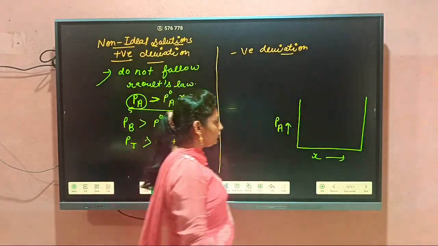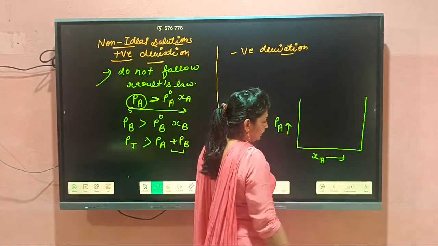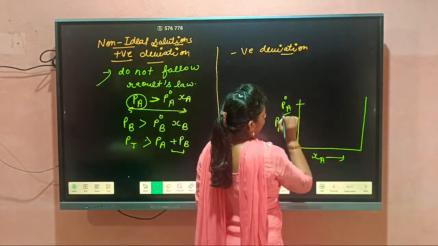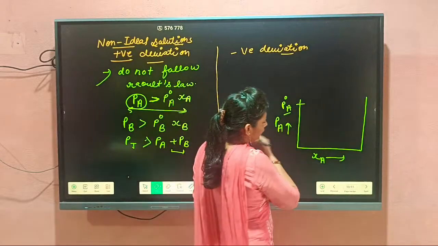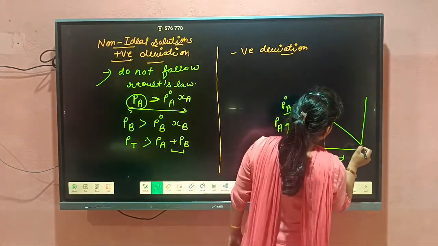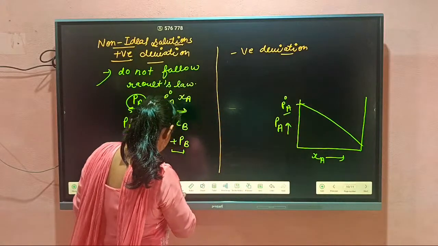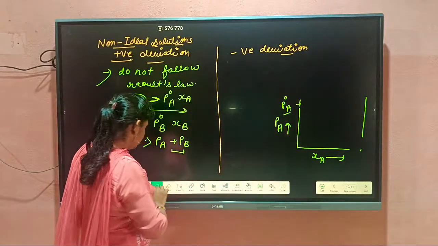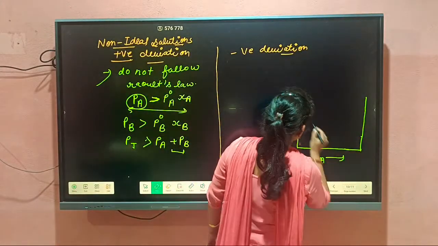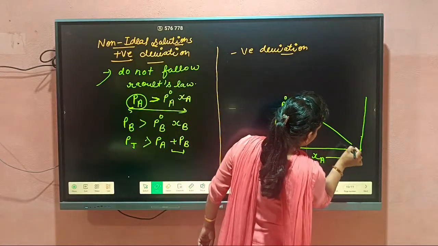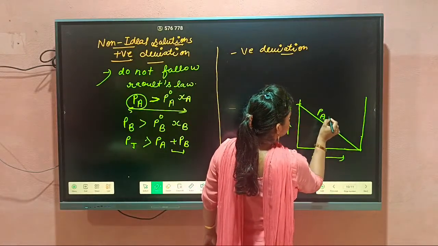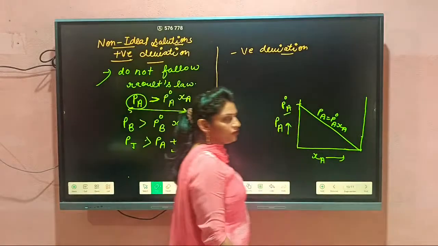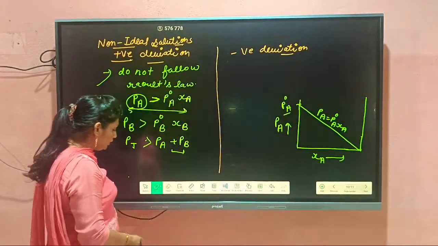So what type of graph were we getting in case of PA, the partial pressure of the A component? This was the graph for partial pressure of component A. We have already discussed this in the previous class. And for component B,